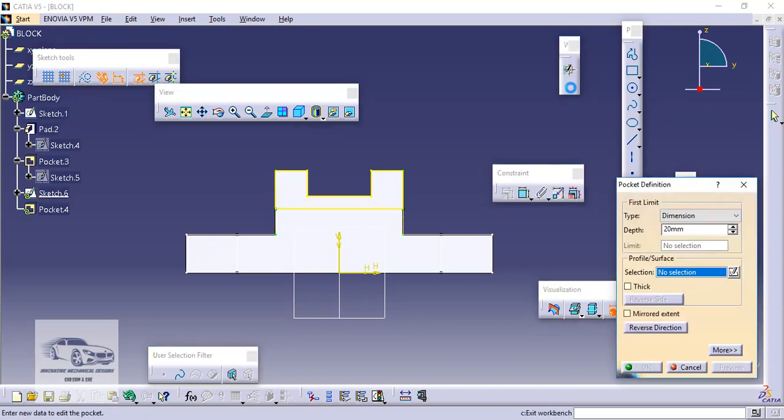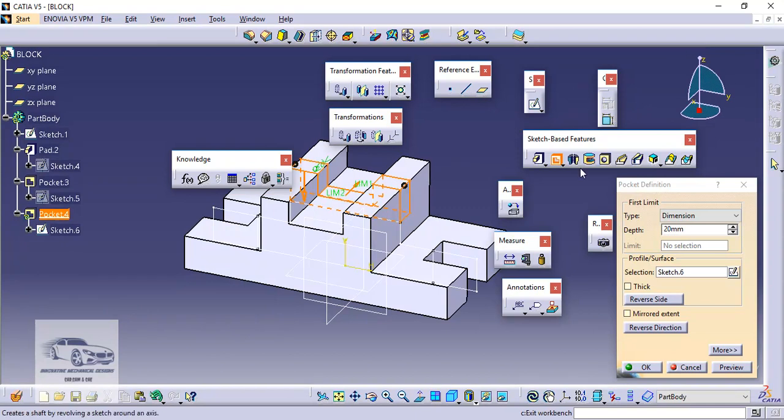Exit, mirror extent. The total width is 30, so here we will take 15.